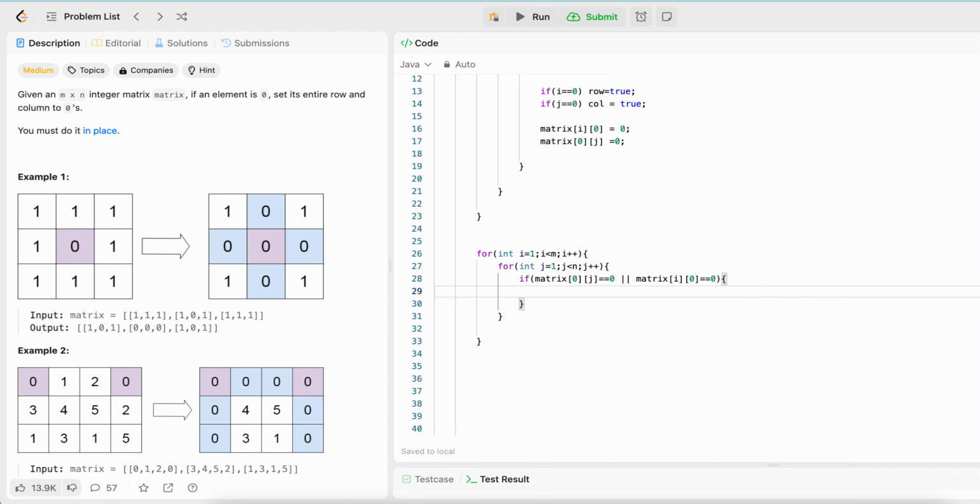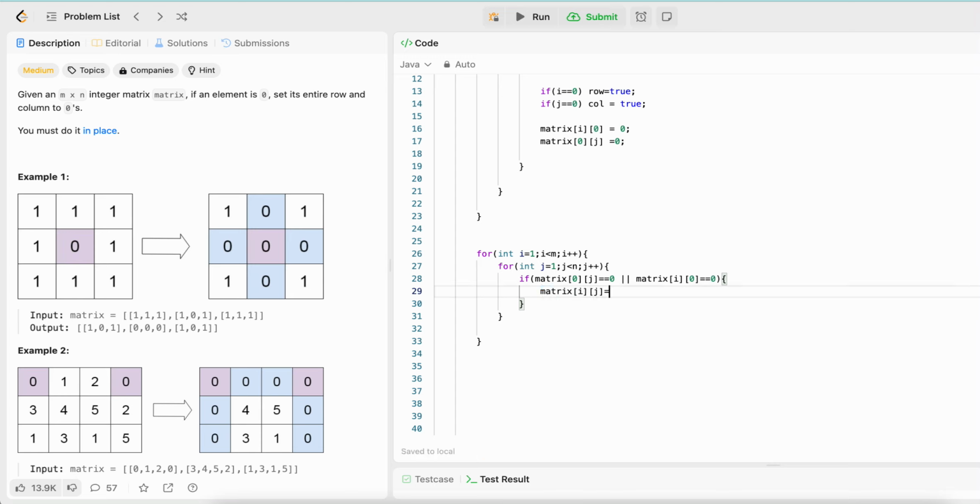So if we have saved this information, then we will mark our matrix